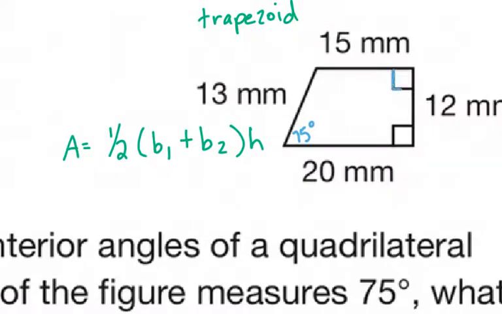And this angle right here, what does the square tell us? Good, it tells us it's 90 degrees. We have another square, which is 90 degrees. And then we have this angle that we don't know. And they tell us if you add up all of the angles, which would be